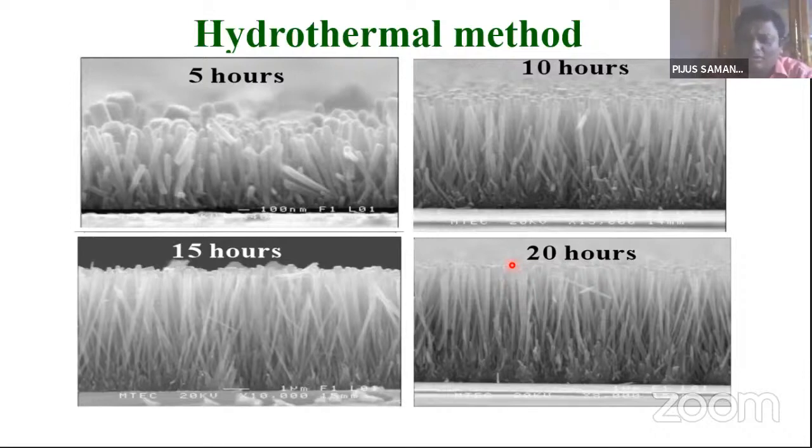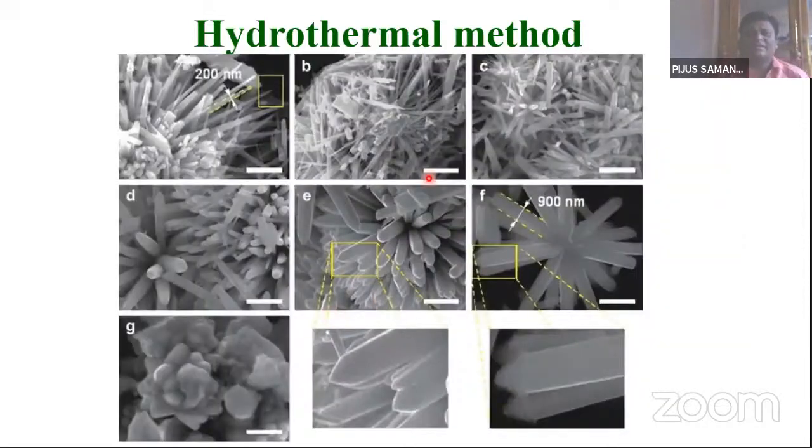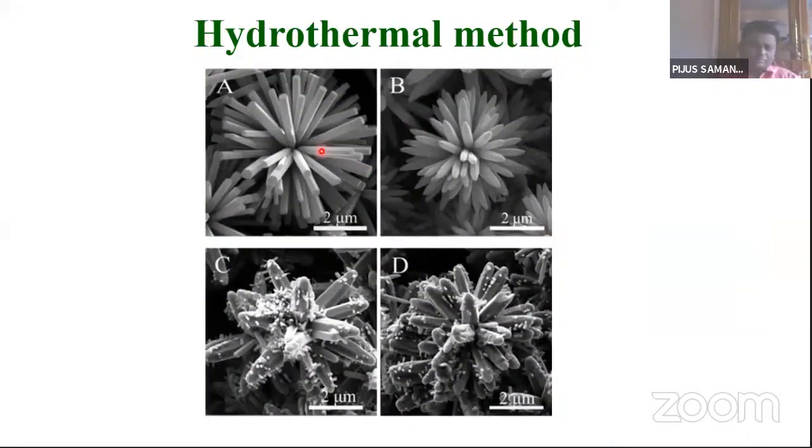So not only nanorods, we can also grow varieties of nanostructures. Here you can see some other zinc oxide hierarchical structures. You see these are assemblies of nanorods, flower-like nanorods are there. So varieties of nanostructures can be formed. Here is one example. Here you see a bunch of nanowires, nanopencils that are grown. I'm not showing all other results, but you see these are very fine structures that can be grown by this method. So these are the beauties of this method.